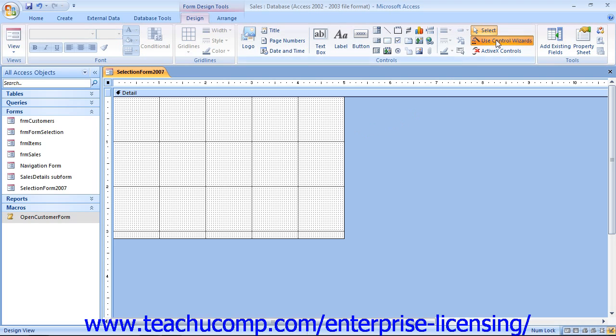Next, ensure that the Use Control Wizards button is selected within the Controls button group. Then click the button control in the Controls button group on the Design tab of the Form Design Tools contextual tab within the ribbon. Then click and drag over the area in the form where you wish to place the